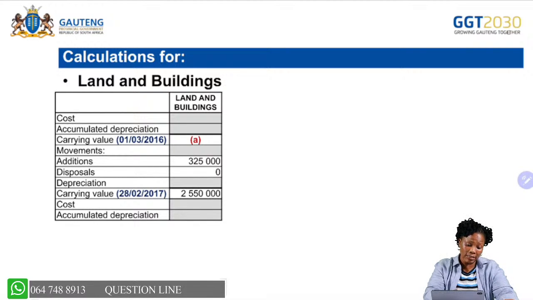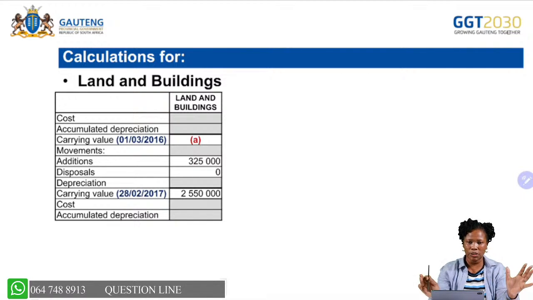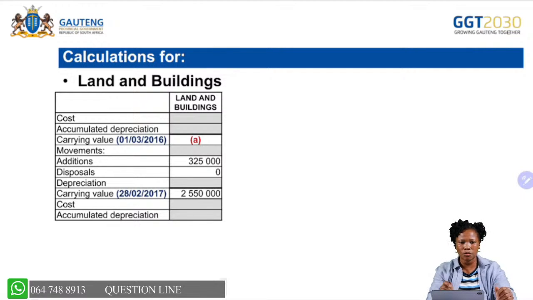It's 2,550,000. And then during the year, we bought for 325,000. But if you can check, we were not given the carrying value at the beginning of the year. And remember that our land and buildings normally don't depreciate. But in real life, they do depreciate if they are not well looked after. But according to our syllabus, we don't do that. We don't depreciate. We assume that businesses are taking good care of their assets. Therefore, we are going backwards now. We're going to say